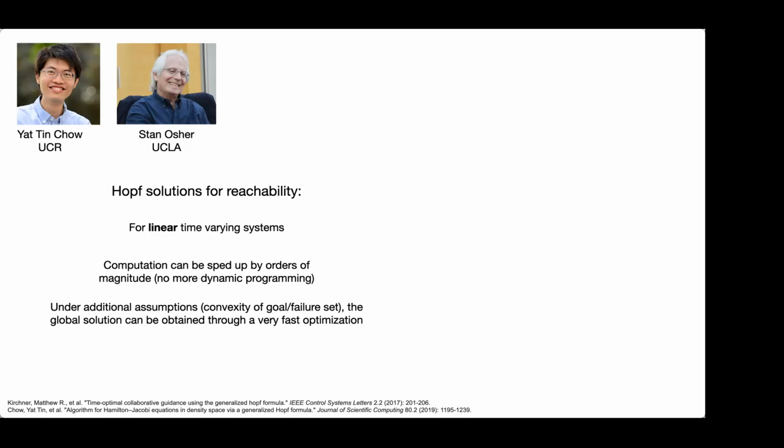Under some additional assumptions involving convexity and whatnot, the global solution can be obtained through a very fast optimization process. This is not largely known outside of the math community, I think, because it's really difficult to read and parse and get through, and there's no open source code bases at all. Will took like 5 whiteboards right by where he sits and spent several days poring through this, deciphering it all, managed to get the code base from Yat-Tin Chow, which was written by a mathematician, so you can imagine the quality of the code, and recreated it for himself.